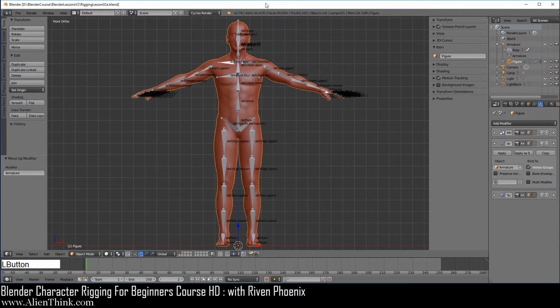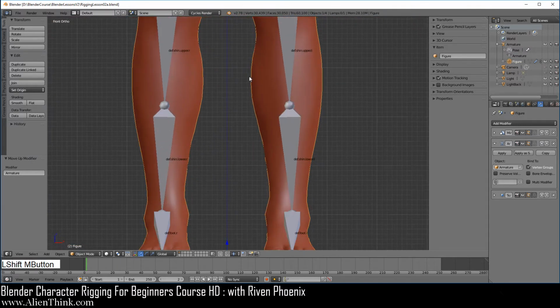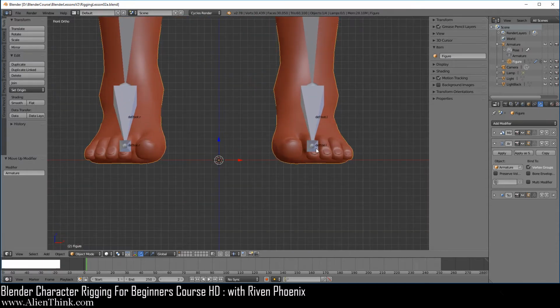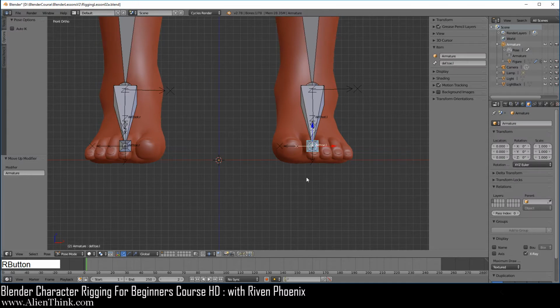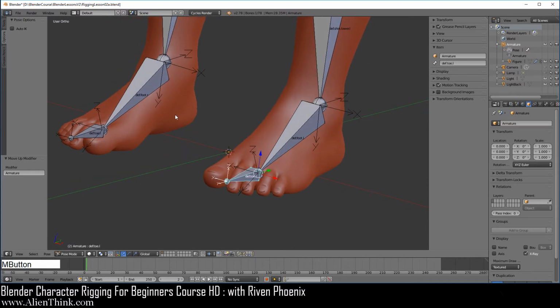So let's actually go ahead and zoom in, do shift middle mouse button over here and start with the bones on the feet. Go ahead and click on this bone over here. Now I'm going to do the middle mouse button over here to rotate.